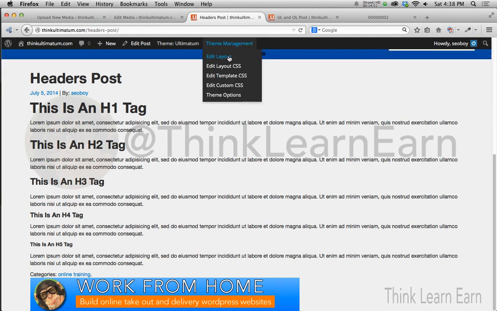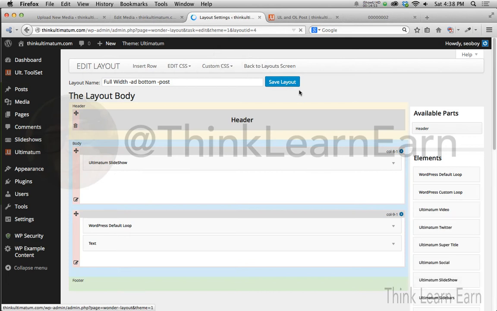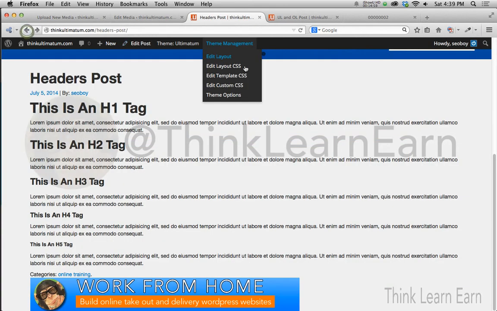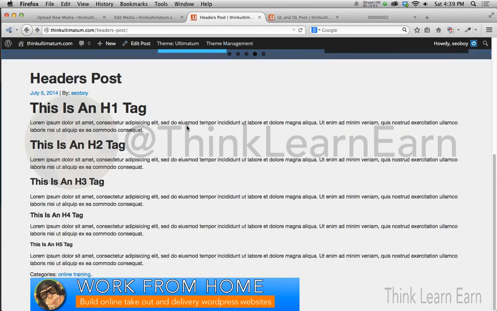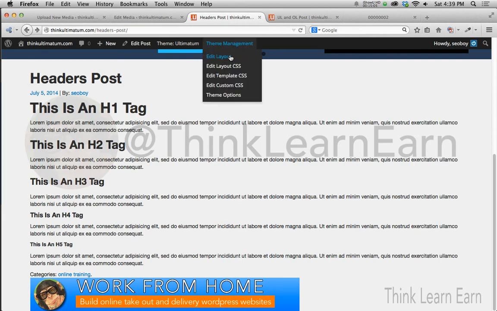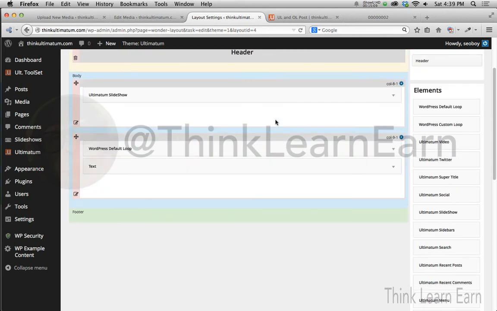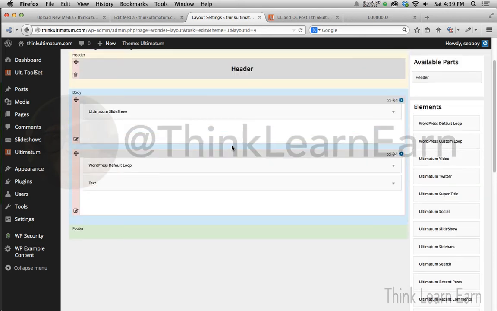I'm going to go back into edit layout, which will take us right back into the layout that we were just at. Let me explain that again. I'm going to go back under edit layout, and it's going to bring up this layout because that's the page I'm on right now. So I go back to edit layout, and here's what I want to do. I can basically create some simple CSS rules. I'm going to click right here,